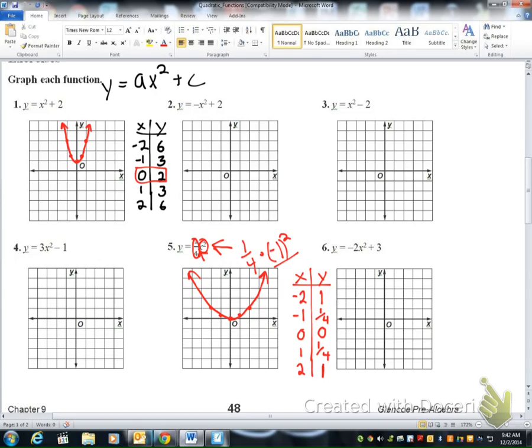Another thing to know is just because I'm counting by twos on the x-axis doesn't mean I have to count by twos on the y's. You can count by ones on the x-axis and by halves on the y if you need to. So you want to make sure that it's a graph that you can see. So, you count by whatever means you need to. On number 2, since it's negative x and